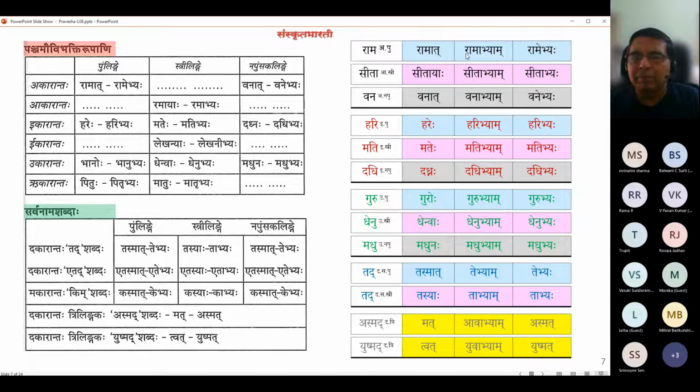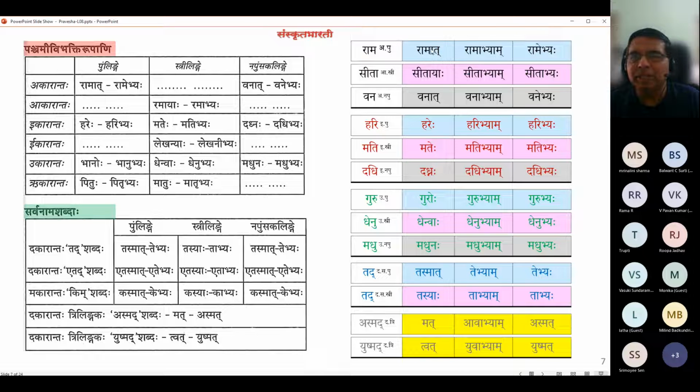Ramasya Ramayoho Ramanam, Rame Ramayoho Rameshu. So Ramayoho repeats twice. The middle column tends to have three forms: one form for Pratama and Dvitiya, one form for Tritiya, Chaturthi and Panchami, and one common form for Shashti and Saptami. So it's really three forms in Dvivachana, roughly. I'm saying Prayaha, most likely. There will be rare exceptions, I'm sure. But Prathama Vibhakti usually has quite a drastic variation from one Vibhakti to another.